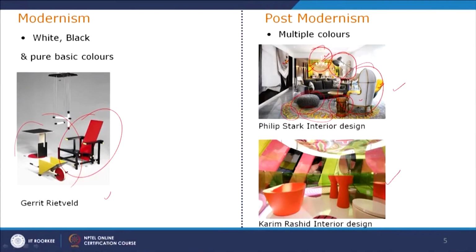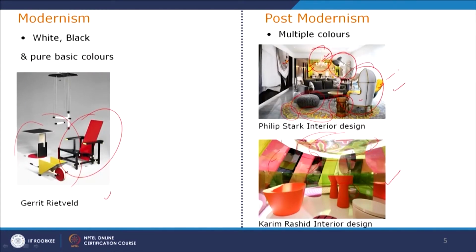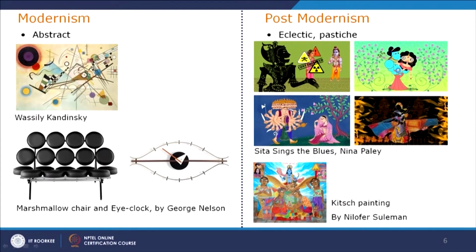But otherwise there are a lot of different elements creating this interior space, which was not there in the modernist movement. As in Karim Rashid's design, a lot of curvilinear lines are coming in the floor, on the wall, on the roof, and even in the furniture. And if you look at the color palettes, there are a lot of different colors creating the interior spaces. And again the eclecticism was also shown in this design, and also with the example of contemporary art, we will see the eclecticism and how abstraction and eclecticism, the different concepts in modernism and postmodernism, are there.